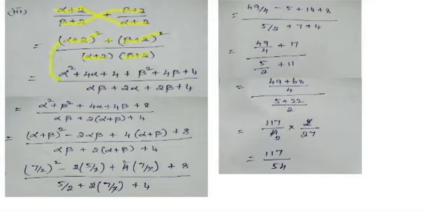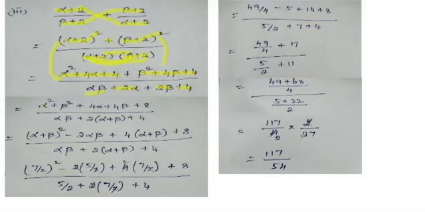So a plus b whole square formula you need to apply here. So if you apply that formula, you will get alpha square plus 4 alpha plus 4, the same a plus b whole square formula. If you apply that, you will get beta square plus 4 beta plus 4. If you multiply the denominator separately, alpha into beta becomes alpha beta. So alpha into 2 becomes 2 alpha. So 2 into beta is 2 beta and 2 2s are 4. So here you need to make same alpha plus beta and alpha beta.